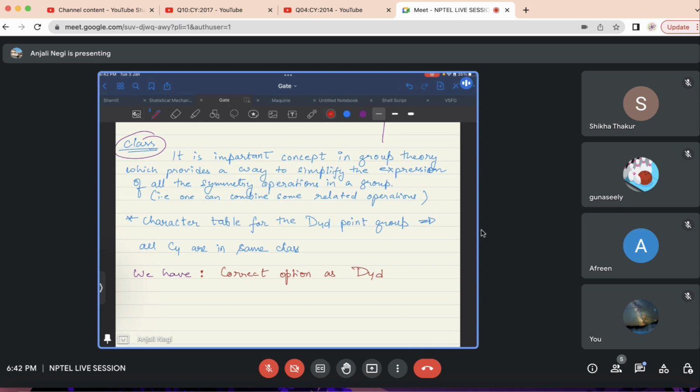Also, there is another definition of class: the number of irreducible representations in a point group is equal to the number of classes of the group. Okay, so you can go through, and if you don't understand you can ask, but for this particular problem